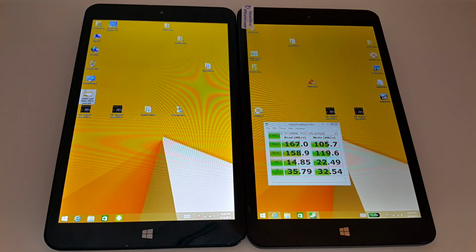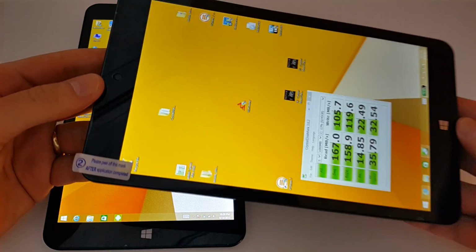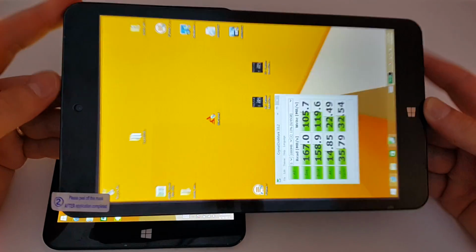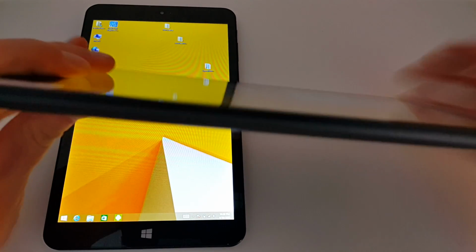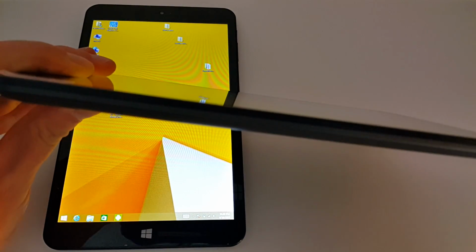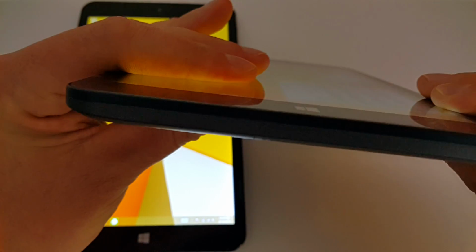And I'll just quickly show you now the differences of both of the tablets within Android. But before I do that, I will just show you the physical hardware differences. This is the PiPo W4, and there's nothing on the right side, and on the bottom we have nothing,